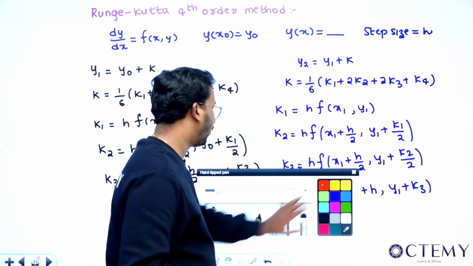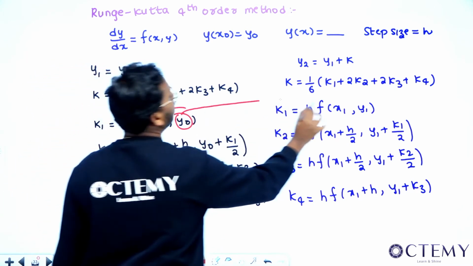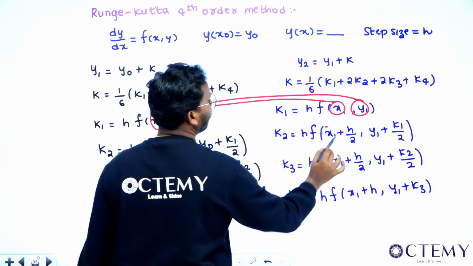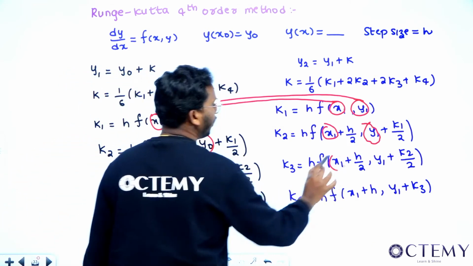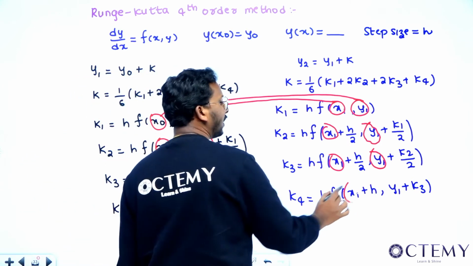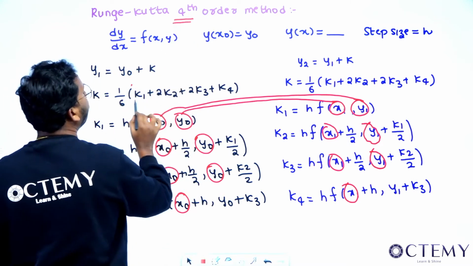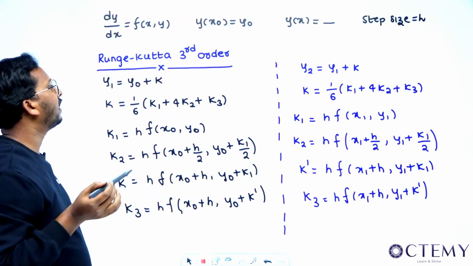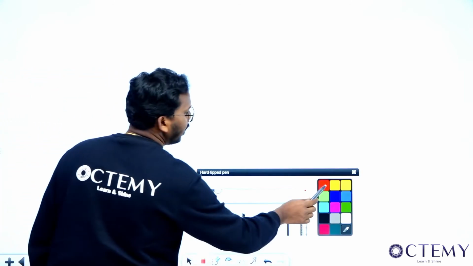Simply the same formula I have applied. Wherever I see x0, y0, I have replaced it with x1 and y1. See, sir, x0, x1, y0, y1. This is how after one step, another step is found, right? This is called the fourth order method, because you have 4 terms inside this, right? So if you want, I can recollect all the methods, sir. Just as a revision, we can remember this.